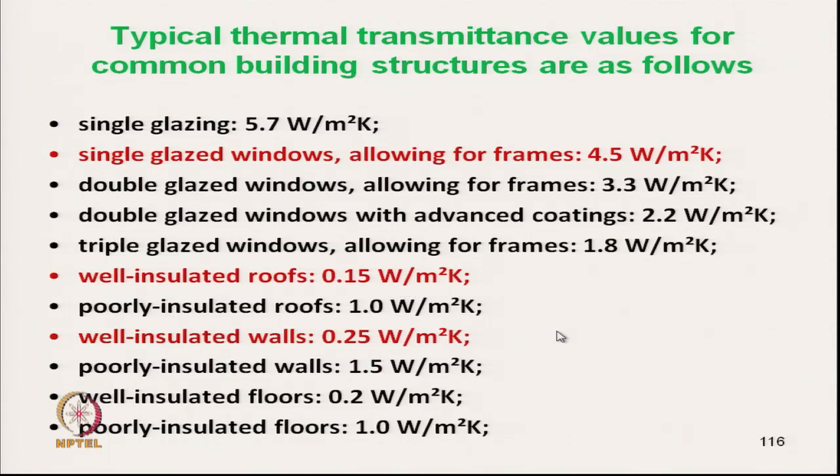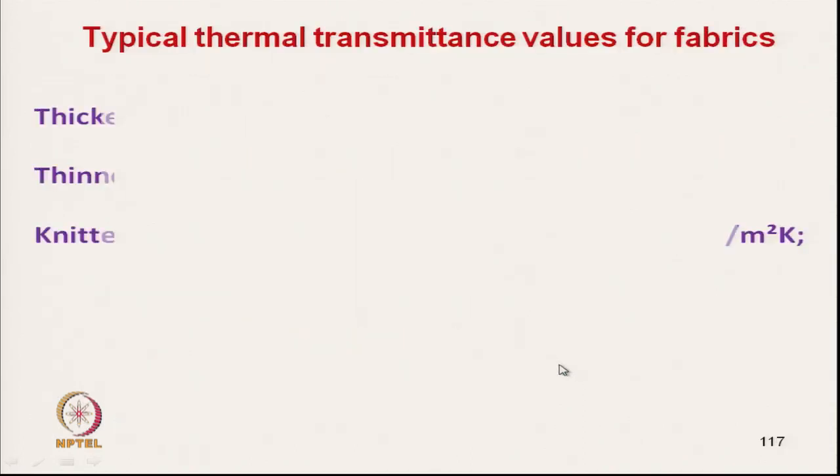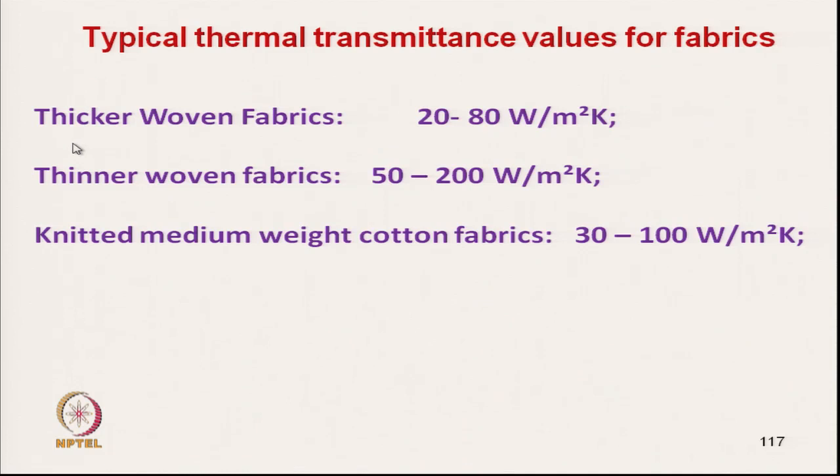Now, if we want to compare the insulation value of the insulated roof with our fabric, we will get these values. Thick woven fabric has a thermal transmittance value of 20 to 80, that is the woven value. Thin woven fabric is 550 to 200, that is the range we can get, and knitted medium weight cotton fabric has 30 to 100 watt per square meter. This is the range we will get. So, when we test with the guarded hot plate,